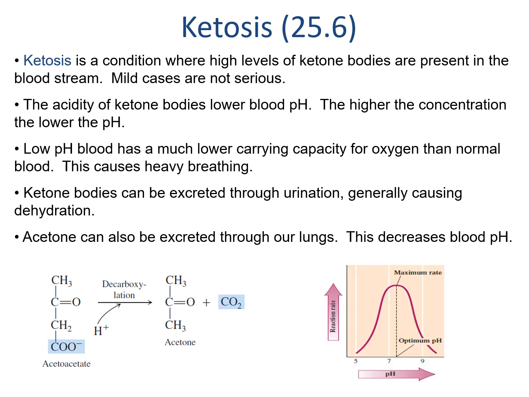Recall that with changes in pH, enzymes are no longer likely to fold as well and will drop their activity rate as they move away from the optimum pH. So whenever we produce ketone bodies in large quantities, this has a cascade of other effects on the body. One of these effects is that hemoglobin doesn't carry oxygen as well as it once did. In mild situations, this can be solved by eliminating some excess acidity by converting acetoacetate to acetone and carbon dioxide, which you can see on the bottom left. Both the acetone and the carbon dioxide can be excreted through our lungs.